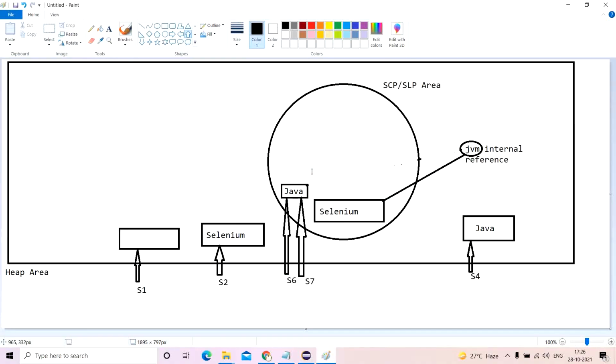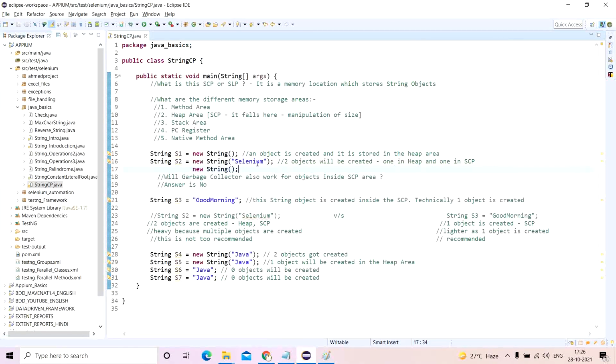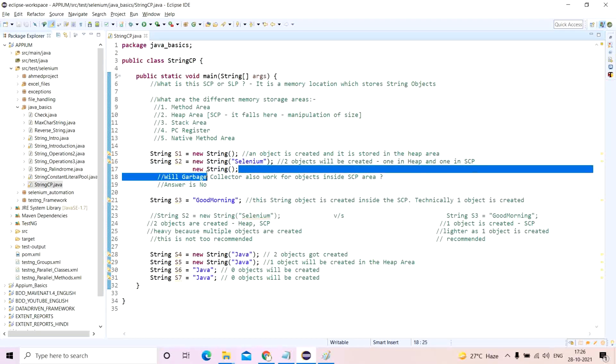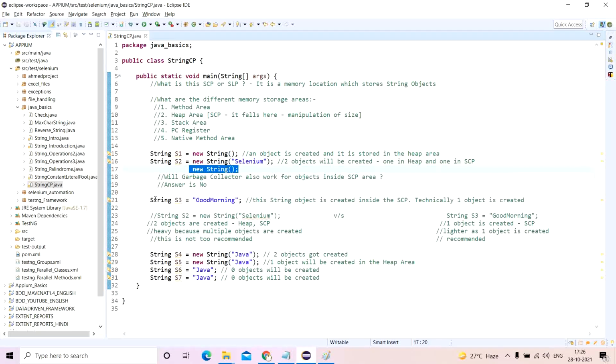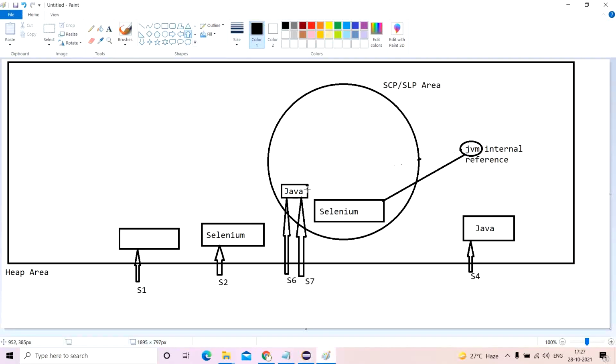This is how the JVM internal reference, which is a hypothetical reference, works. This is how the number of objects created in the heap area and the SCP or SLP area is determined. This is how something falls under garbage collection, and something, in spite of not being directly referred by any concrete reference, rather being referred by an internal reference which is hypothetical in nature, still does not fall under garbage collection.